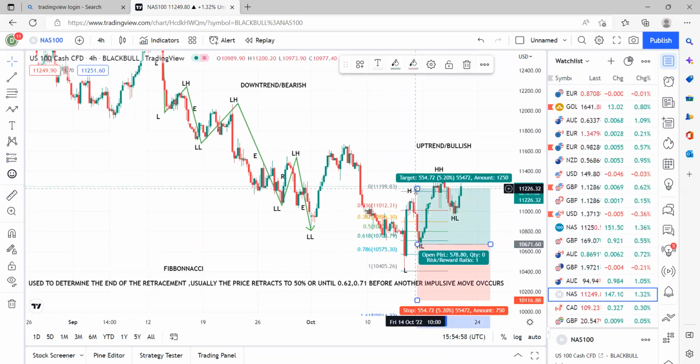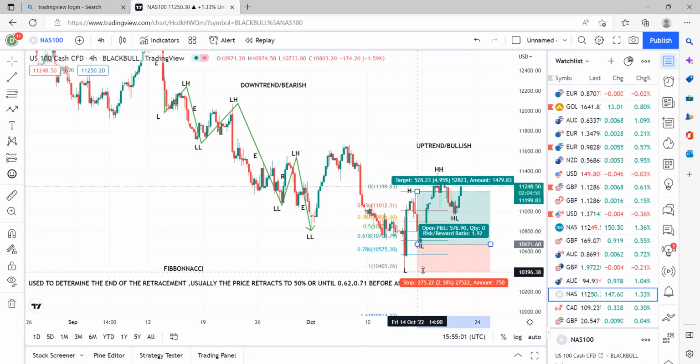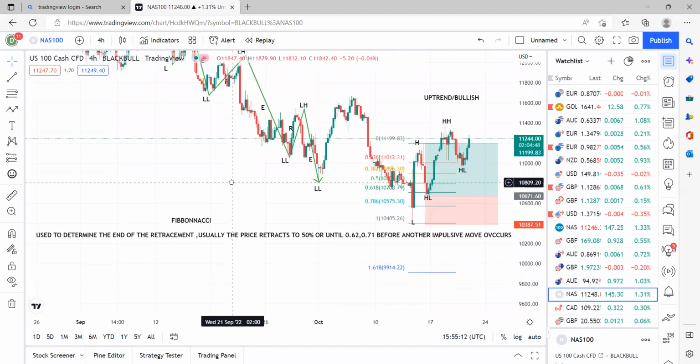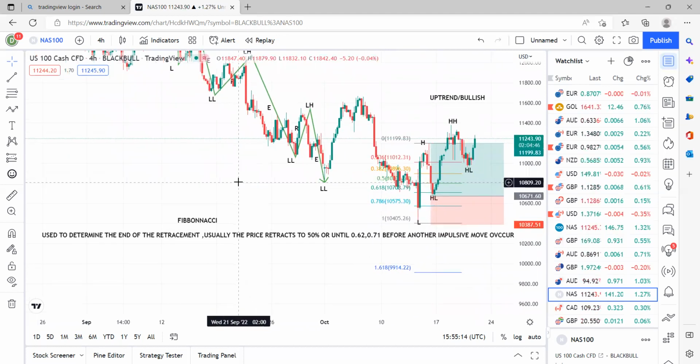Your first TP will be your previous high here, and then your stop loss just below the previous low here. So this is a good trade in a way. Well, not really,